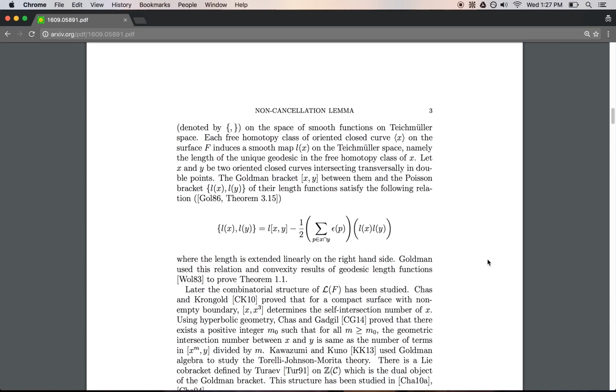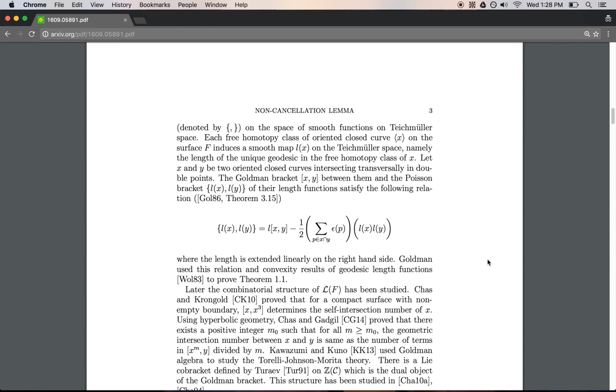Curly brackets L of x, comma L of y is equal to the smooth map L of the Goldman bracket x, comma y minus 1/2 times the product of first quantity,